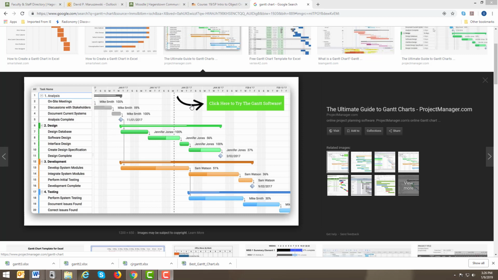I just Googled it, as you can see, and this one is in the software development section, where they talk about meetings. As you can guess, meetings are going to occur pretty early and then lead to more work. Then they talk about design, then development, so that's the actual programming of it, and then testing. If you look, it says January 9th, 16th, 23rd, 30th. So they're talking in terms of weeks here,